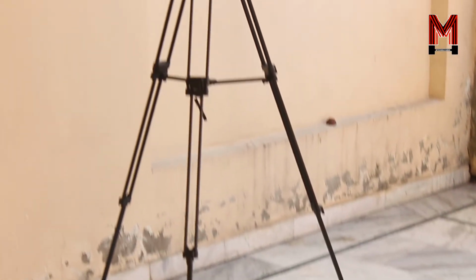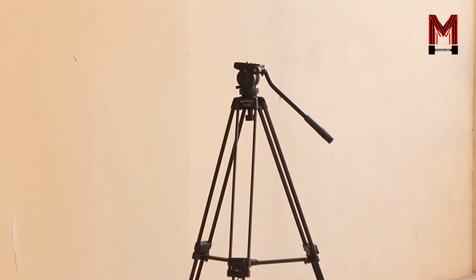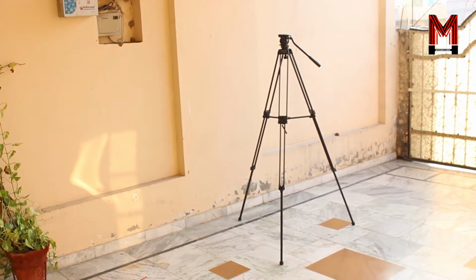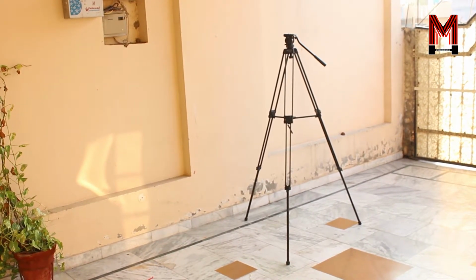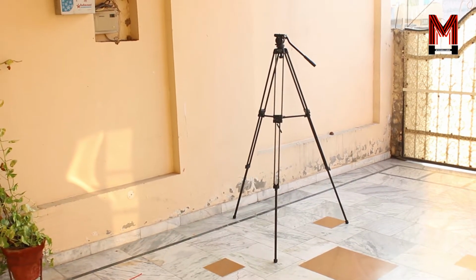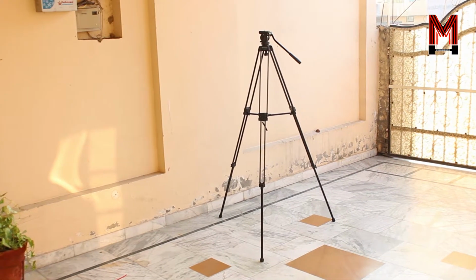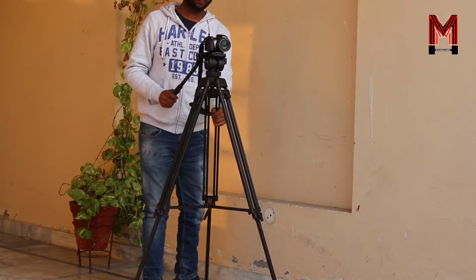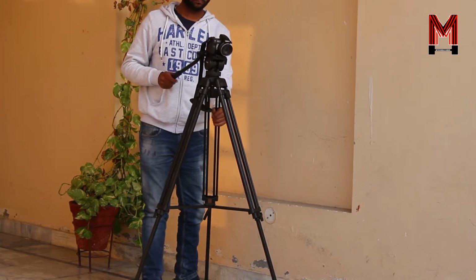I remember that once my friend and I were trying to attach this head to this tripod, and it took us almost 2 hours to attach this tripod to the head. Well, this can be a problem with my particular tripod, but it may happen with your tripod also if you buy it. Well, overall I found this tripod very useful for recording videos with a DSLR camera or even with